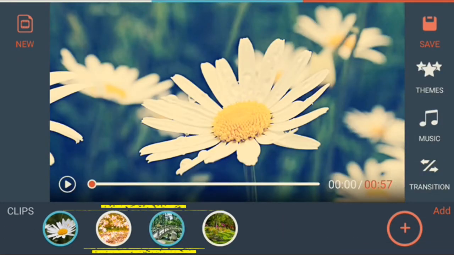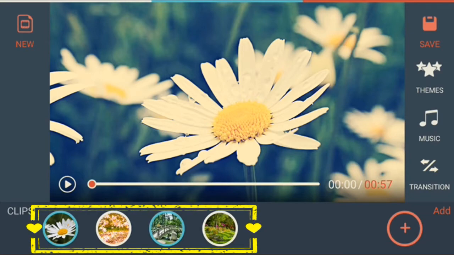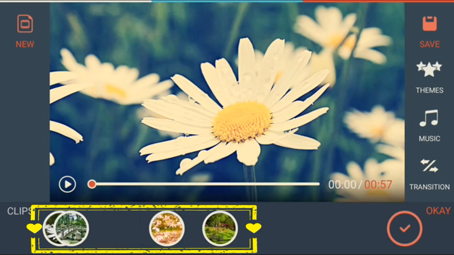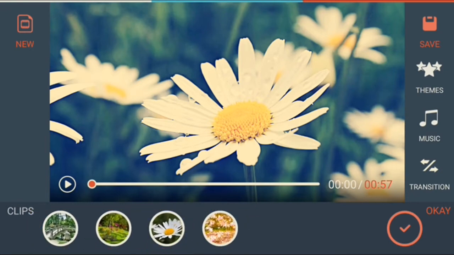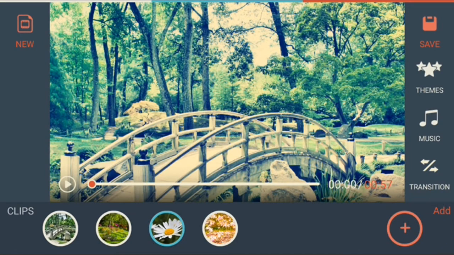You can adjust these video clips by just dragging and placing them as per your requirement. Now the third position photo clip I have moved to the first position, and the last position photo clip I am moving to the second position. Now I will say OK here. Now the order is rearranged. Now the first one is the photo clip